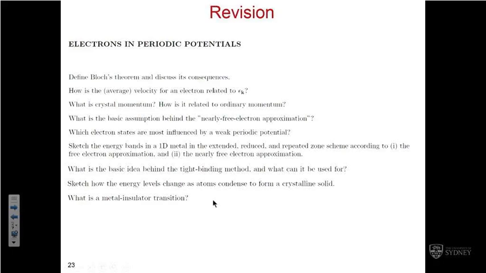Sketch how the energy levels change as atoms condense to form a crystal. Remember, we had those pictures. You have the discrete energy levels for atoms. When you bring them closer together, we get the broadening of the bands and the hybridization of the states to form electronic bands when you get into the bulk. I think there was a picture. I don't know which lecture it was in, but that's what it's talking about there. Atomic level and bringing the lattice constant smaller and smaller and seeing how those energy levels broaden